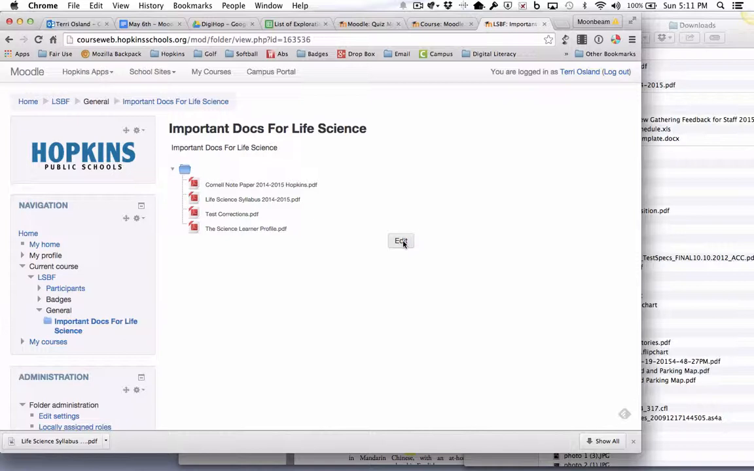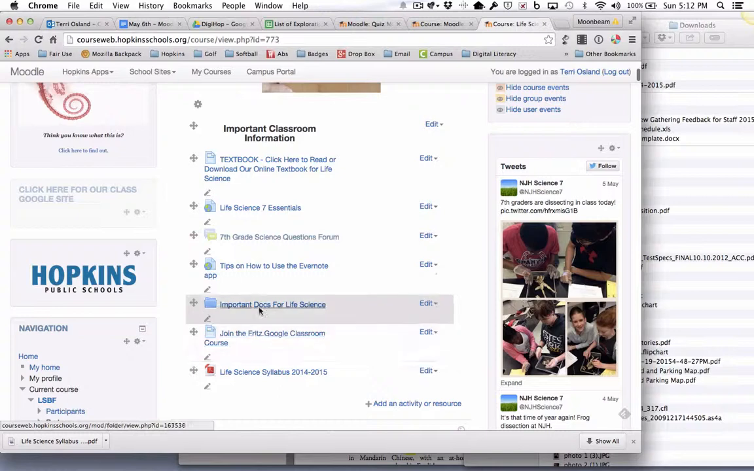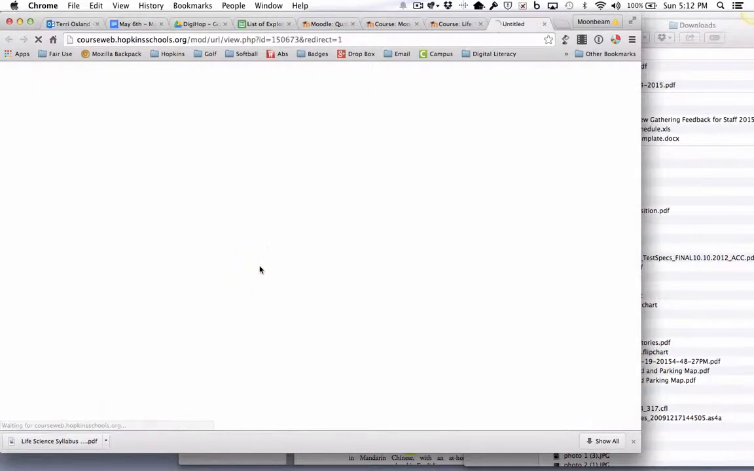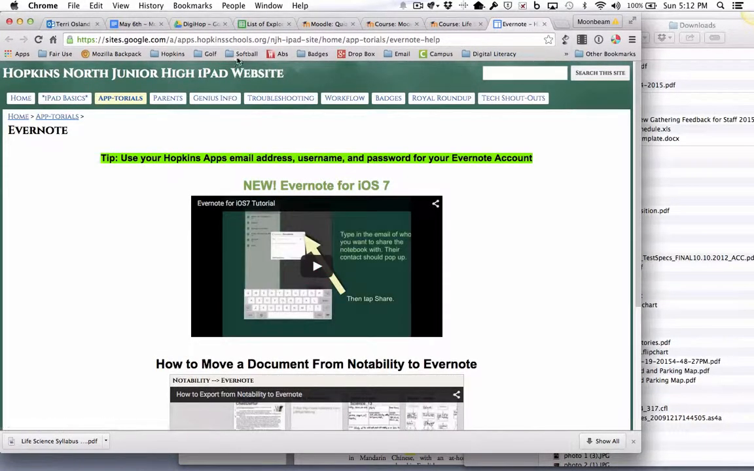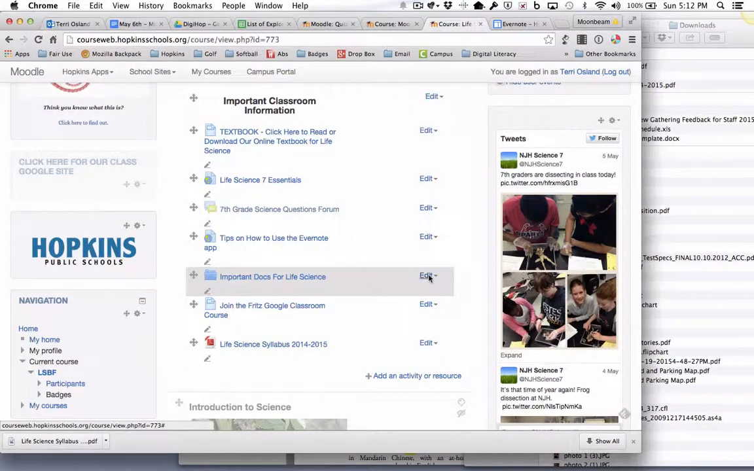Now, what about the documents? Well, I'm going to use my breadcrumbs here to go back to the course homepage. And then I'm going to pick one of these. So I'm going to do the tips on how to use the Evernote app. So that's a site. I'm going to copy that URL, and then I'm going to go back to here and go into my folder. So I'm going to go to the folder and I'm going to say edit,